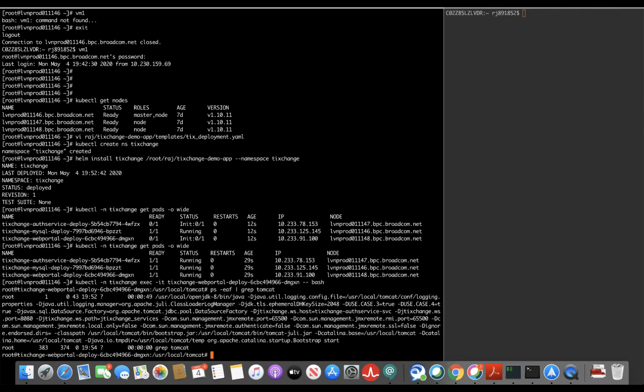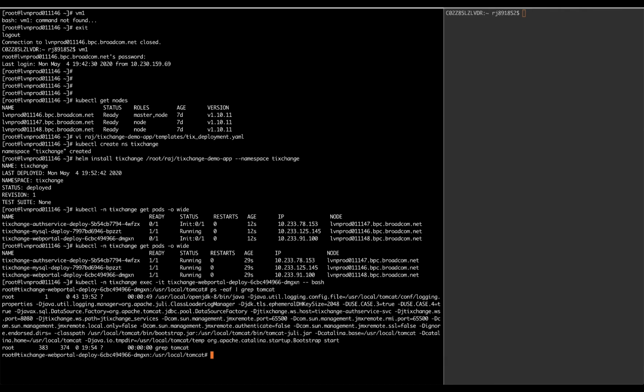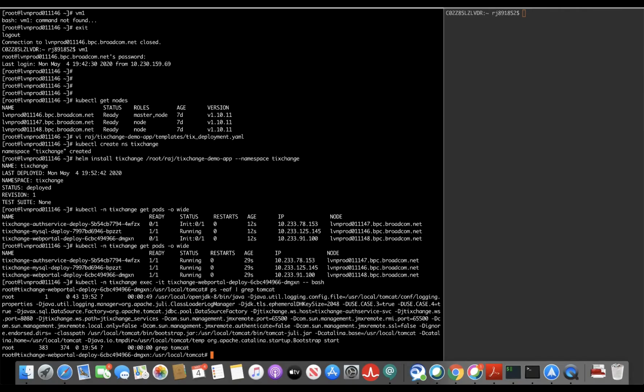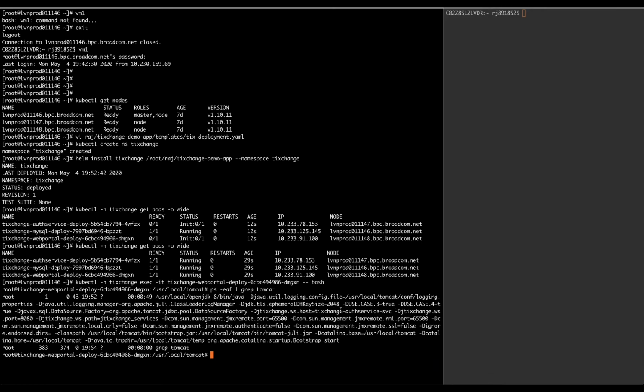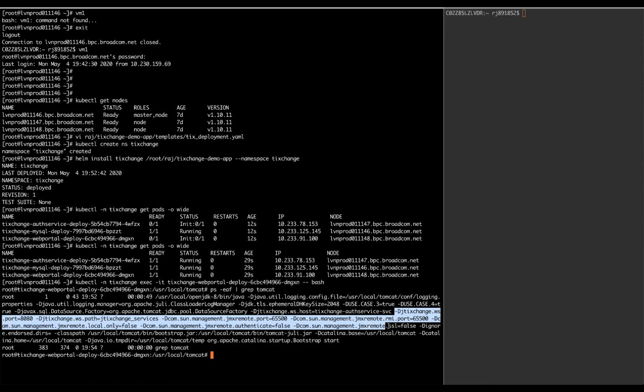All right, so I can clearly see that the required properties for JMX remote monitoring are attached to the JVM. And as I mentioned, I did it as part of my Docker image creation itself.